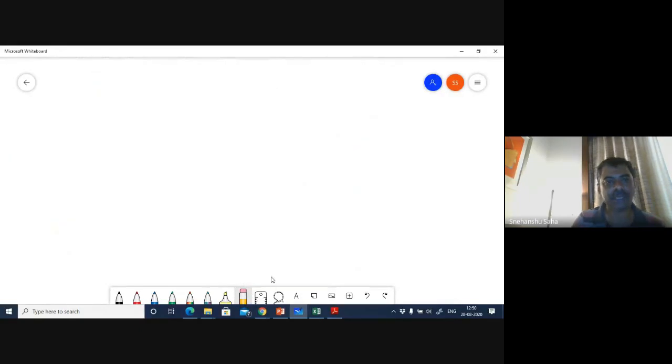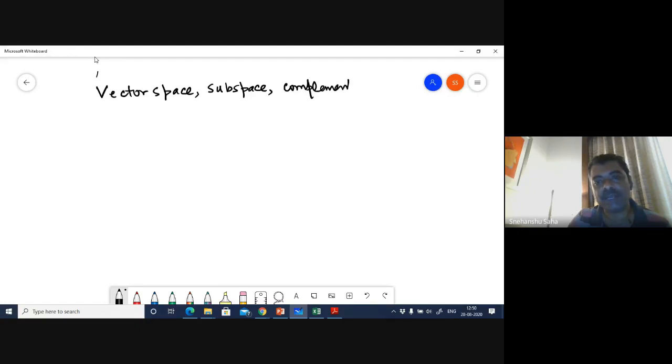We have a formal notion of a vector space now, right? And subspace, right? Complement of a vector space, right? Generally, the complement of a vector space is another vector space where the elements of this particular vector space will not be found. So, complement of a vector space, and then